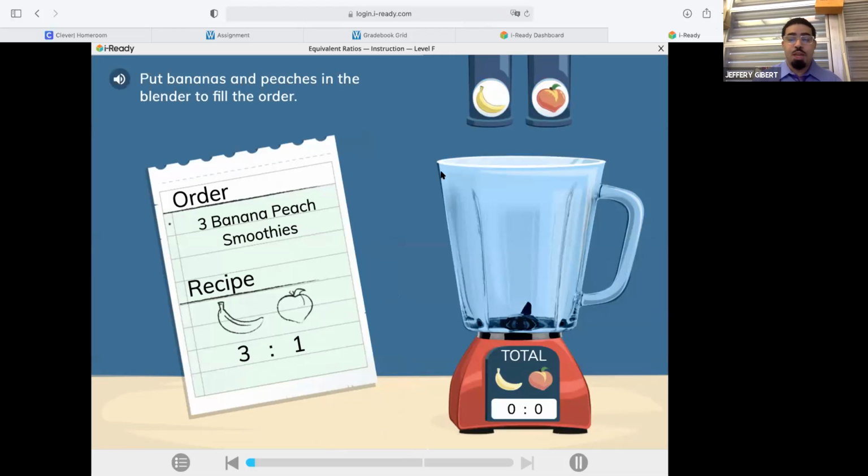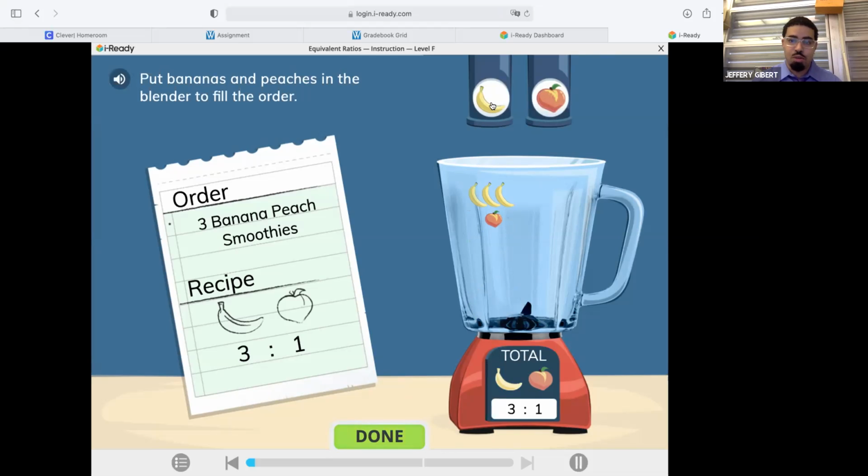So you got 3 bananas. So I click on bananas 3 times and 1 peach. So I click on the peach 1 time. You need enough fruit for 3 smoothies. Try again. So 3 smoothies. I just did 1 smoothie. So I didn't pay attention. So that's what happens when you don't pay attention. You get the stuff wrong. So that's 1